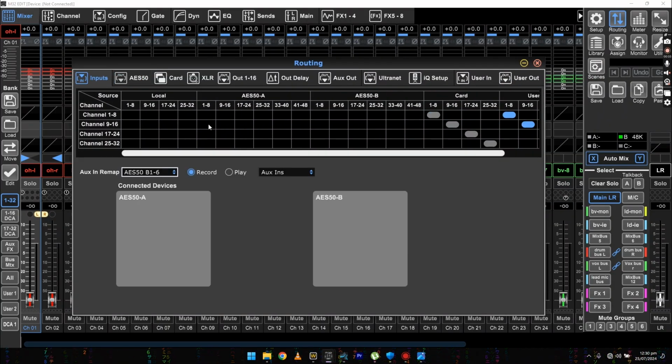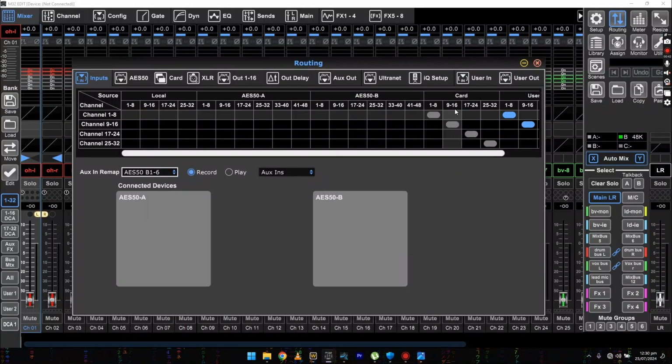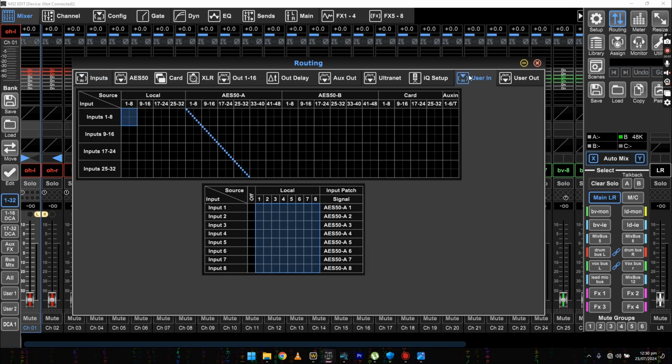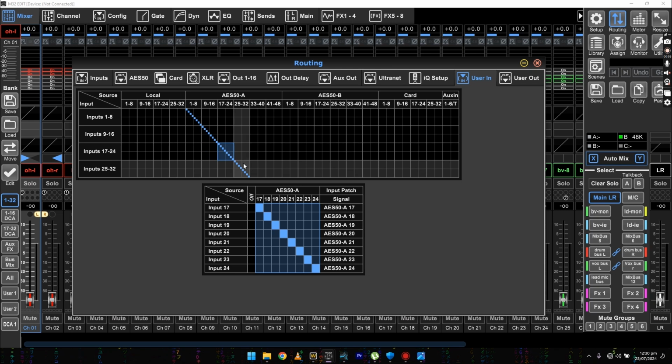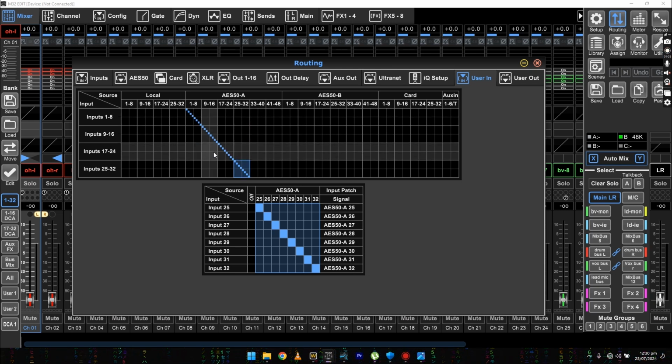So for my inputs, remember you are receiving 48 inputs from our stage boxes. Normally what I do is I use the user in. User in is a way to customize the way you pick your inputs. As you can see, the user in customization allows me to pick inputs from any source